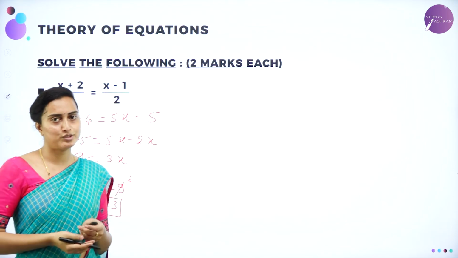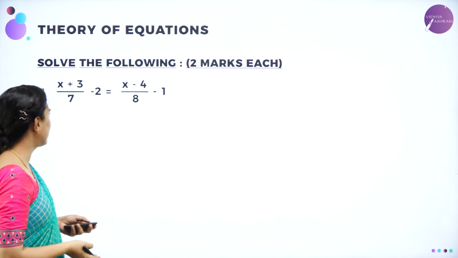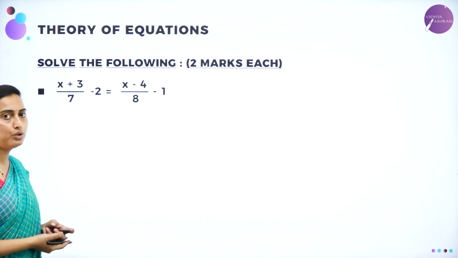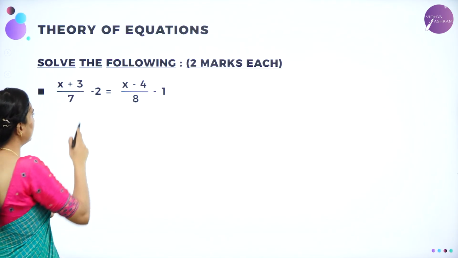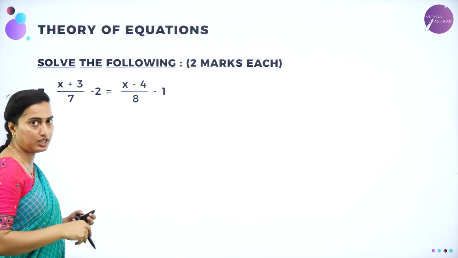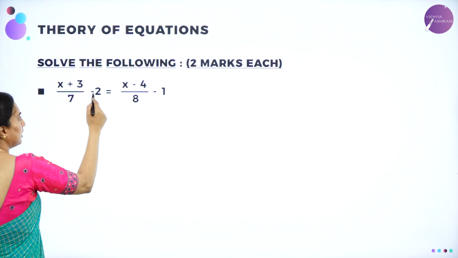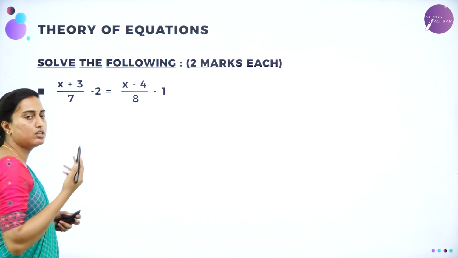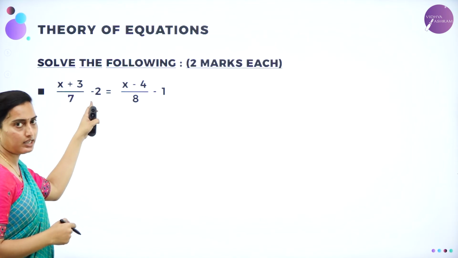This is how you are going to solve the equation, DS. I hope you got this one. We'll move on to the next problem. So here you are going to take the LCM, DS. In the last case it was not like this, so we just did cross multiplication. If you are having it like this, you can take all the terms to this side, or you can take the LCM only here and solve that one. So I am going to take the LCM here and then solve.